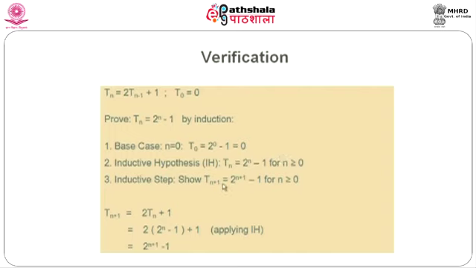If this is the case, then I have to prove that inductively it holds good for T of n plus 1 also. Fine. So, I can say that T of n plus 1, I am substituting this into this equation. Therefore, it becomes T of n plus 1. T of n I already know, it is going to be 2 power n minus 1. Therefore, I am substituting this. Then after simplifying this, I am getting 2 power n plus 1 minus 1. That means, for the instance n plus 1, this condition holds good also.